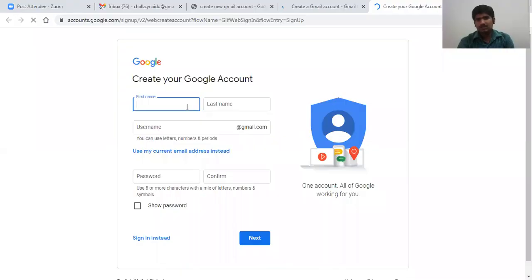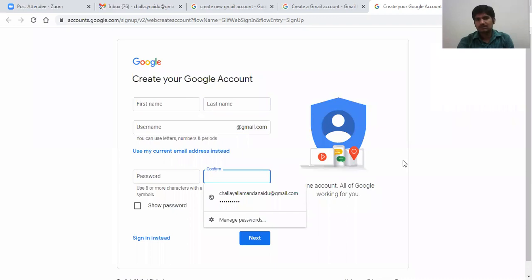I will show that example of creating a Gmail, how the data is entered. See that the first name and last name are there. Whenever we click, that is going to come up. So you need to enter the first name and the last name here. How the data is going to be shown: choose your name, confirm your password. Sometimes it is asked like this, with enter your first name before it.